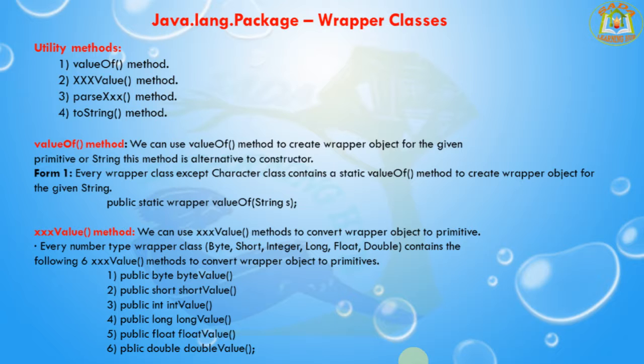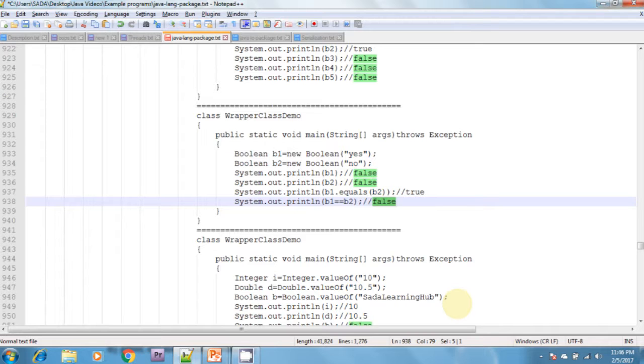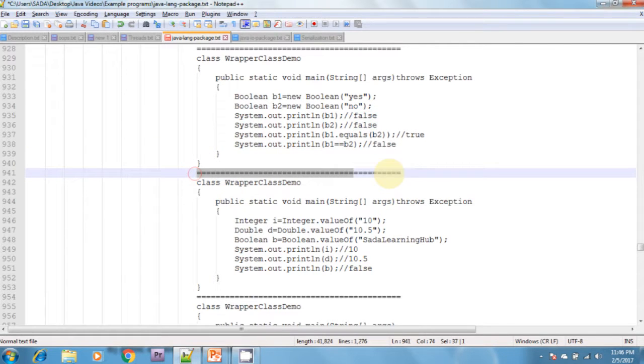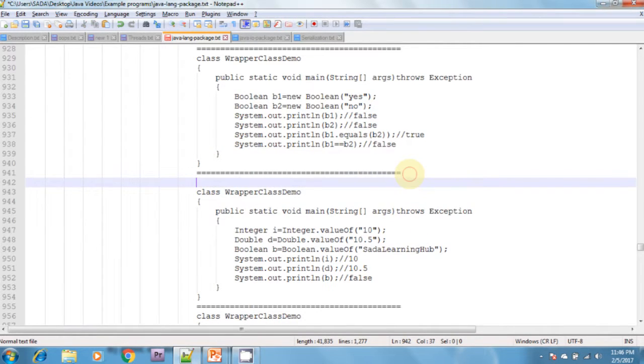There are different forms of the valueOf method. The first form: every wrapper class except the Character class contains a static valueOf method to create a wrapper object for the given string. The valueOf method signature is like this: